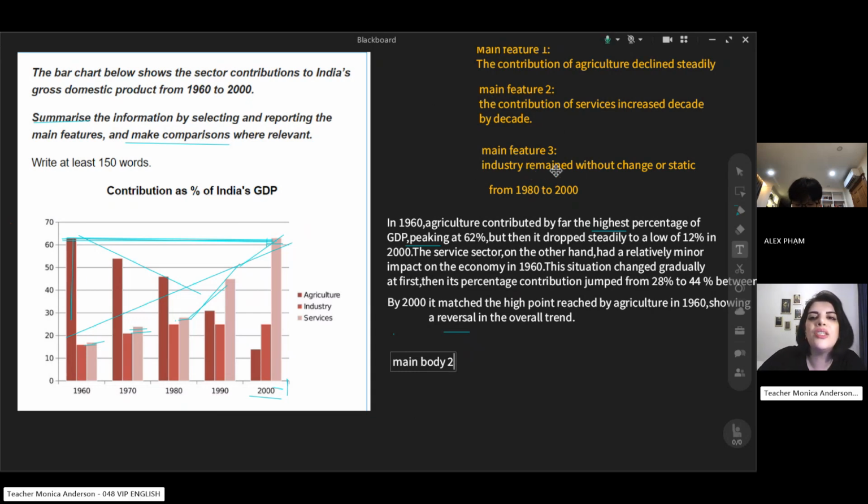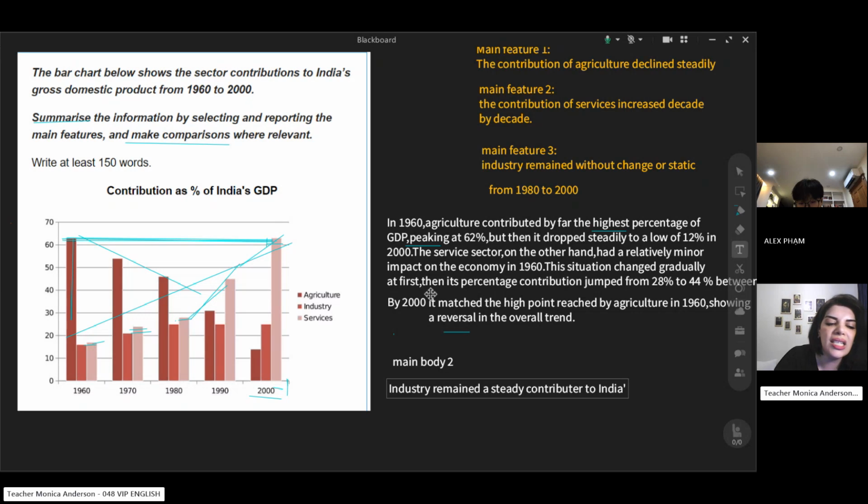Now my third point: industry remained without change, or static, from 1980 to 2000. I want to write it. So I say industry remained static. Maybe the reader doesn't know the meaning of static, so why not make it better? It's just an example. So I can say it remained a steady contributor. A contributor is an organization or company or person that contributes. A contributor to what? To India's, okay, I don't want to say economy because I used it before, so I say wealth